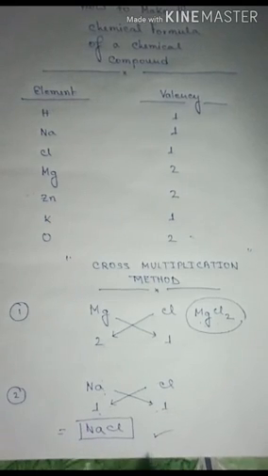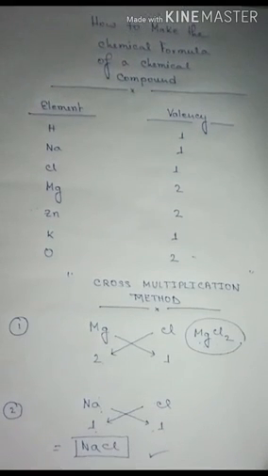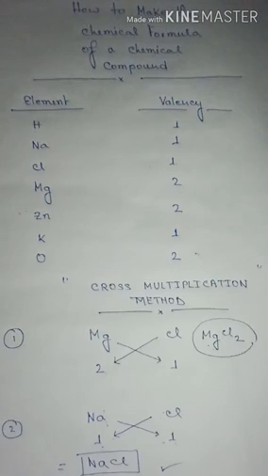Okay, now we have studied valency, we have studied what is an atom, what is a molecule, we have studied how to find out the valency, we have studied what is an element, and we have studied the method to find out the chemical formula of a chemical compound. We have also learned what is the atomicity of a molecule of an element and atomic mass. We have also learned what is the atomic mass unit. So this class is over.